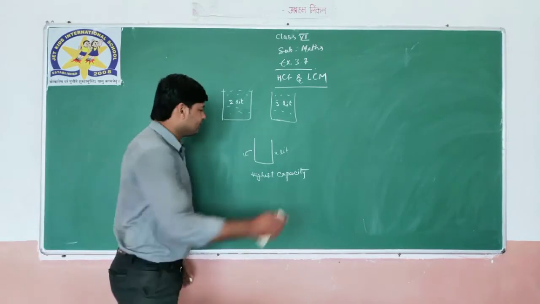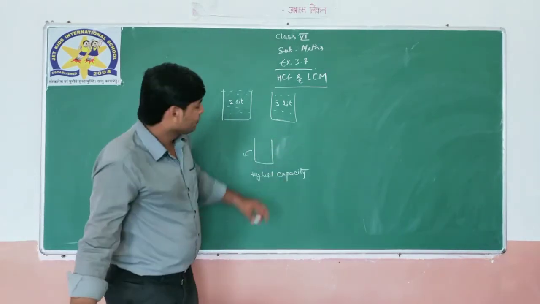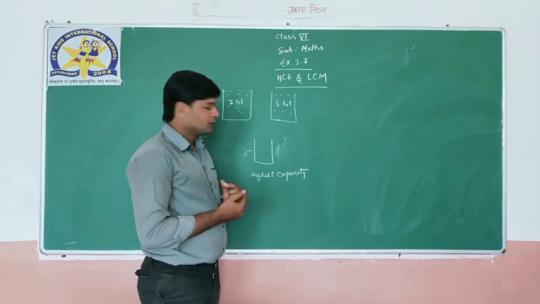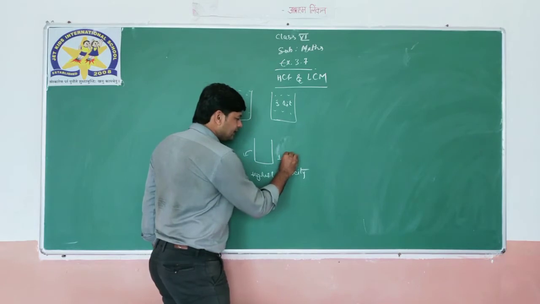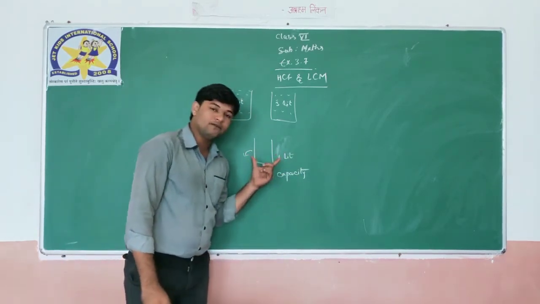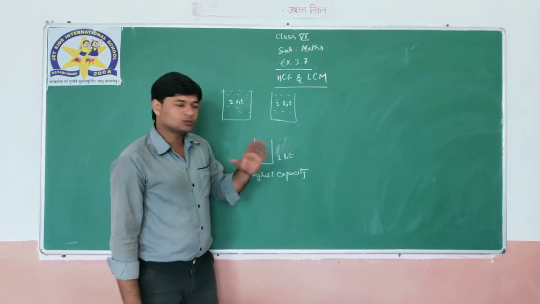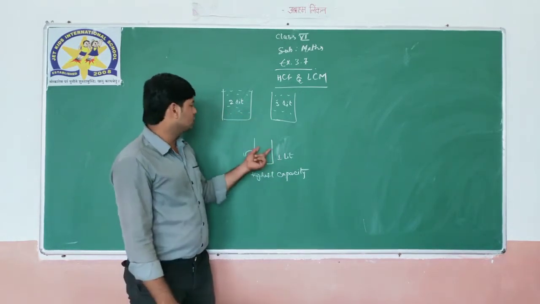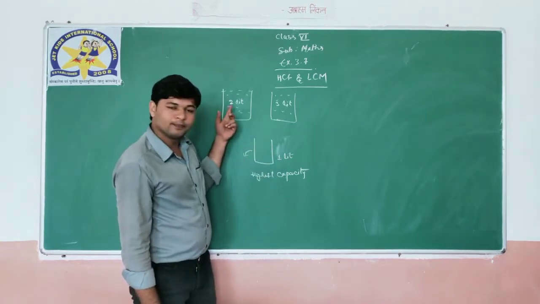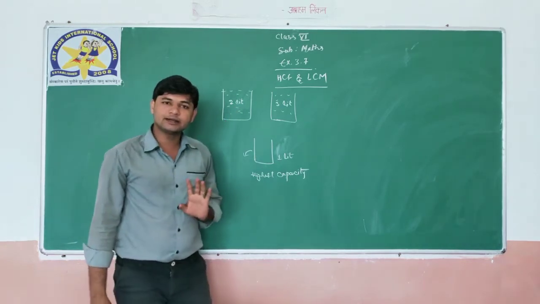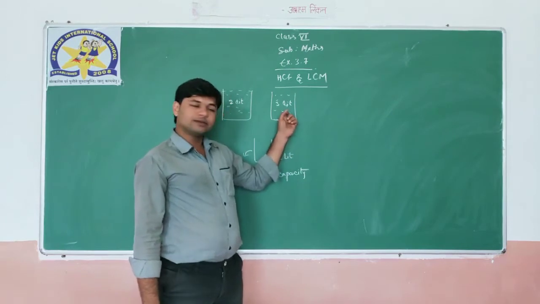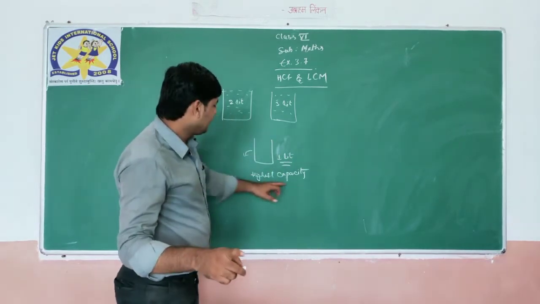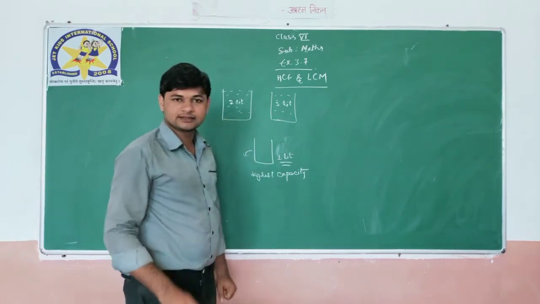But if I take 3 liter, then the 3 liter will be measured, but here we cannot measure the 2 liter, which will be the remainder. But if I take a container of capacity 1 liter, I can measure the 2 liter by taking 1 liter twice, and the 3 liter exactly as well. So 1 liter will be the highest capacity of the container that can measure these two things exactly.